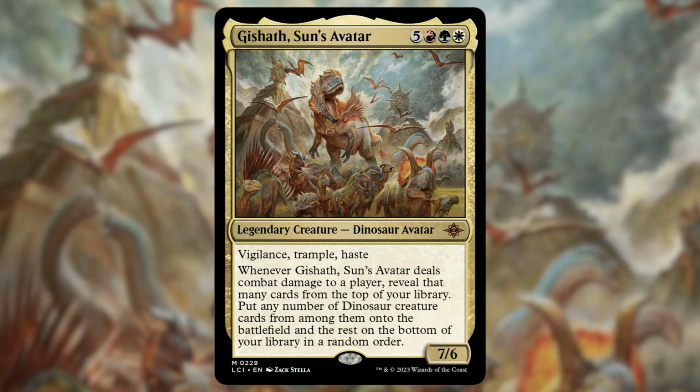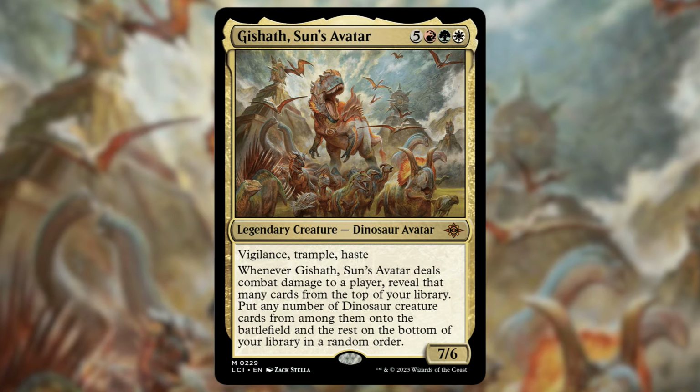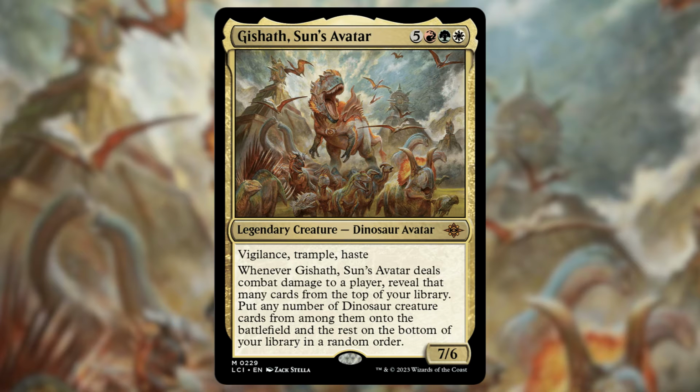These dinos go directly into play, so the bigger and beefier of a dino we can flip, the more value we get on each attack. So let's start with what dinos I've managed to put in the list for just $50. There are 35 creatures in my list, with most of them being dinosaurs that count as hits for Gishath's trigger,